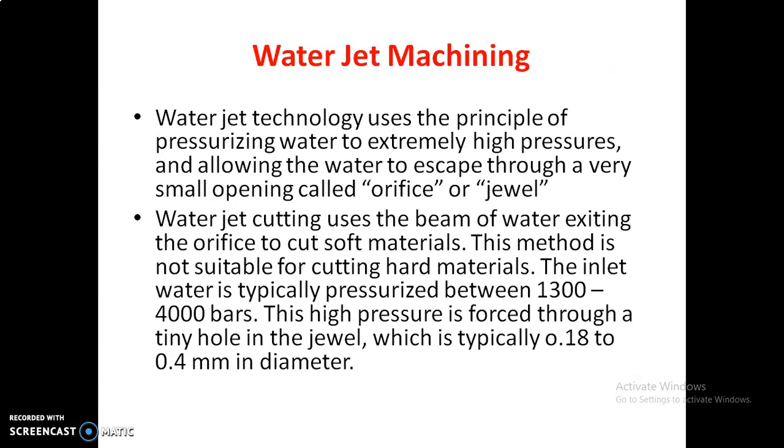The next process is water jet machining. Water jet technology uses the principle of pressurizing water to extremely high pressures and allowing the water to escape through a very small opening called an orifice or jewel. Water jet cutting uses the beam of water exiting the orifice to cut soft materials. This method is not suitable for cutting hard materials. The inlet water is typically pressurized between 1300 to 4000 bars. This high pressure is then forced through a tiny hole in the jewel, which is typically 0.18 to 0.4 mm